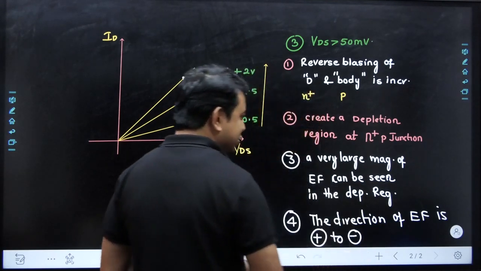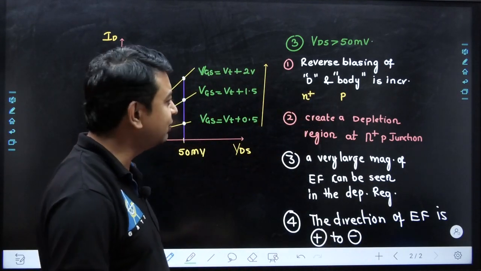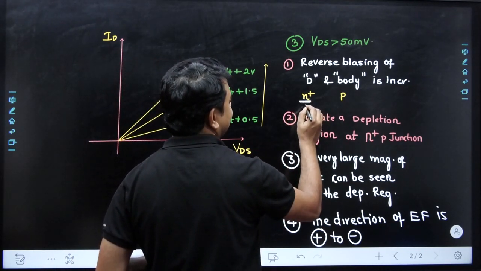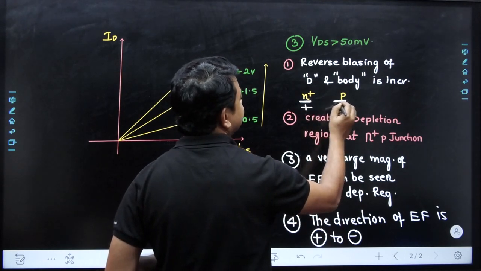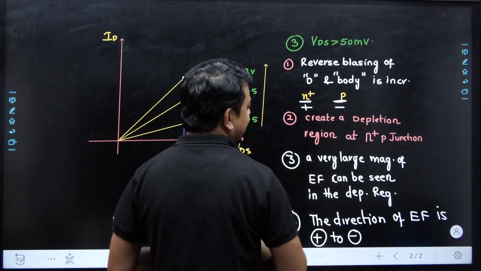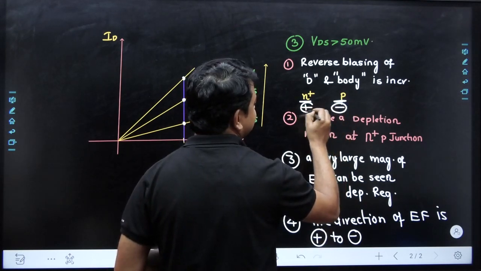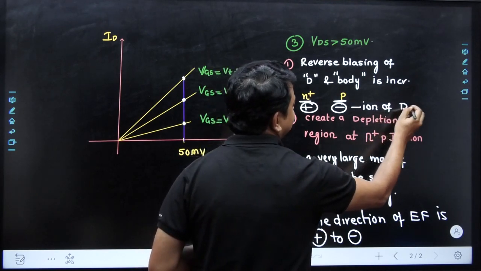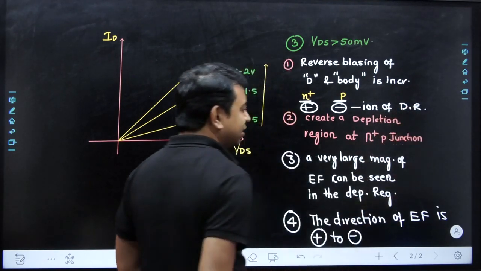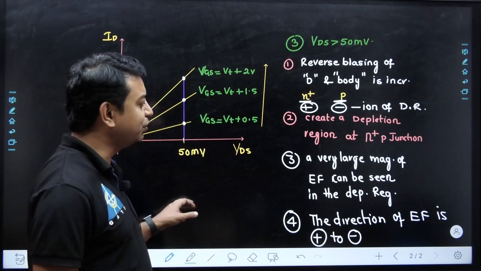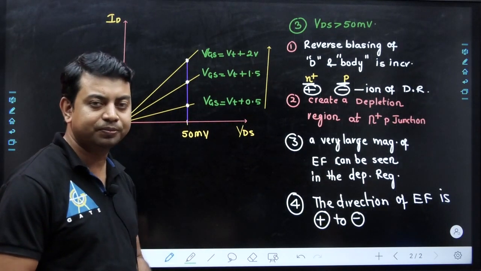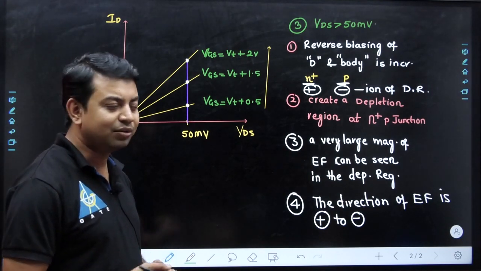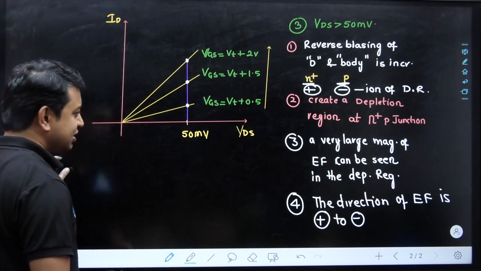Okay, so where is this positive existing? The positive is existing in the N plus region, because the ions of the N plus region are positive and the ions of the P region are negative. So these two are the ions of the depletion region. So we know that we have an electric field if you increase the voltage above 50 millivolt. So we have the electric field at the PN junction diode, and we can have this particular analysis by